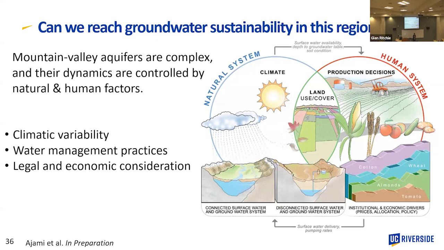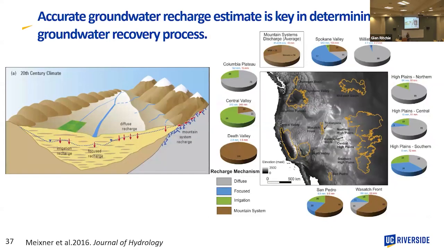The way that we are making decisions of what I'm going to have for lunch today, how far ahead of time do you know what your lunch is going to be on Monday, right? So detecting this human decision-making process is difficult, but besides that, there is also legal and economic consideration, and we need to work not only with hydrologists, soil scientists, but also social scientists to understand these dynamics between natural and human systems.